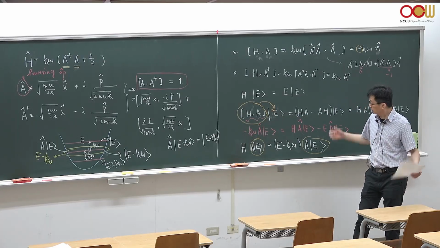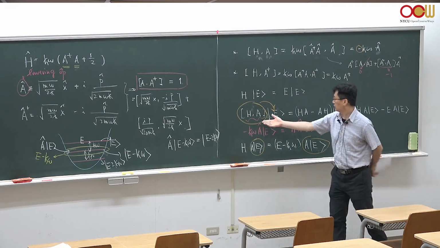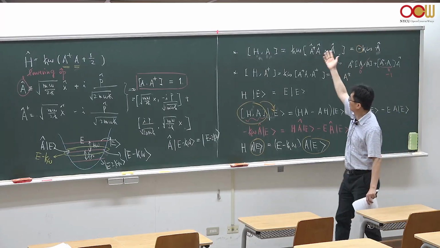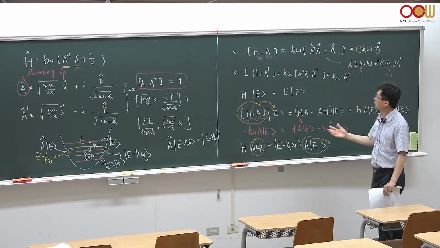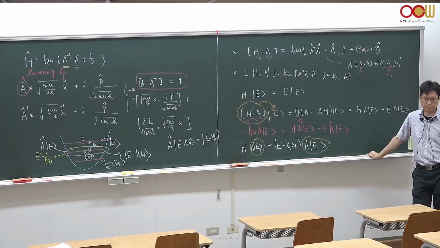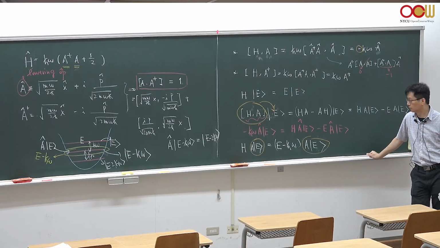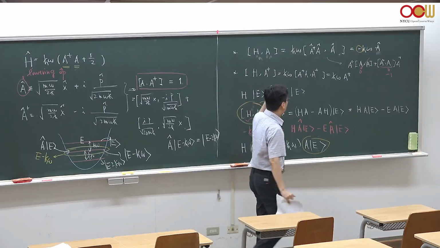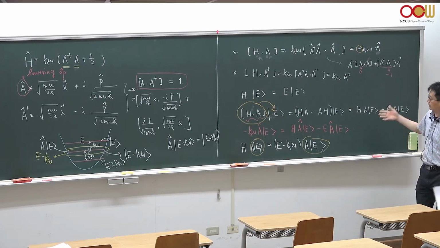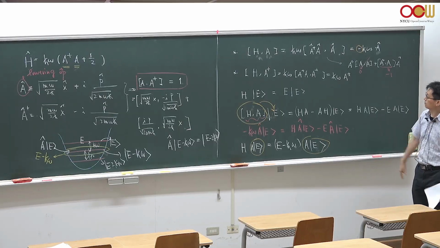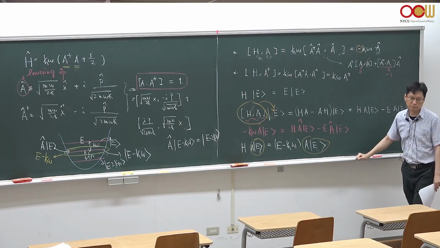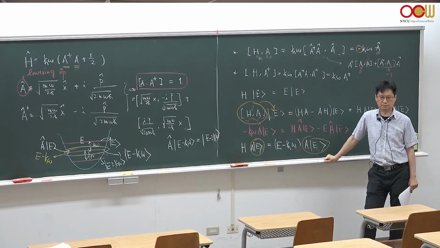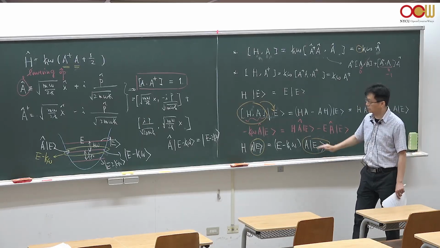All right? So if you want to ask me how the hell I knew this in the first place, well, my answer is just try everything you can imagine by using all these commutation relations you have. Understand that? Of course, I would not right away think about this calculation, but one way or another, I will try everything, all the calculations I can imagine from these two commutation relations. And this is certainly one of these possibilities that I can do, right? If you try this, then you'll find this very useful information,